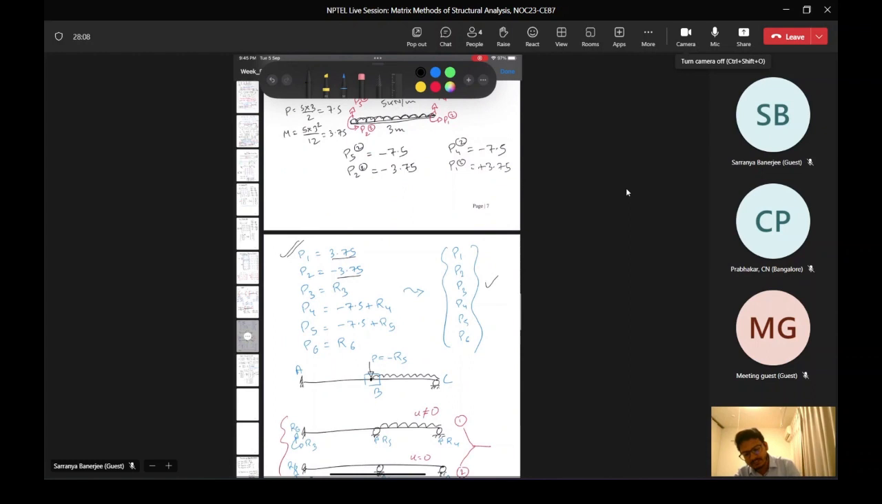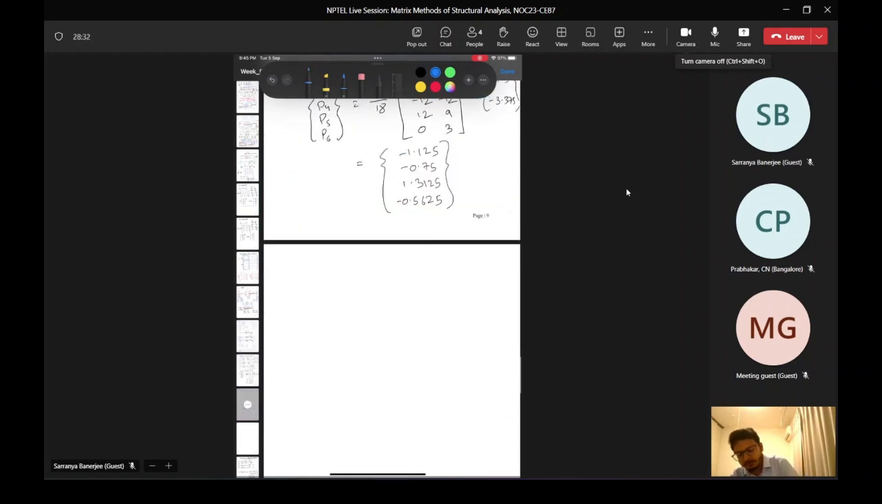So we have considered P3 as R3, P4 as this equation, P5 as this equation, P6 as this equation. From this we have 4 different equations to find R3, R4, R5, R6. We already know the values of P3, P4, P5, P6. So from here we can find the reaction forces as